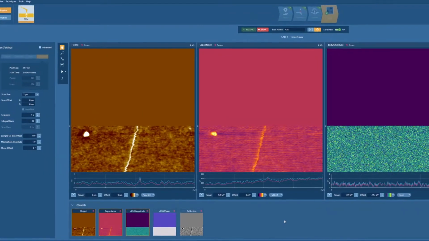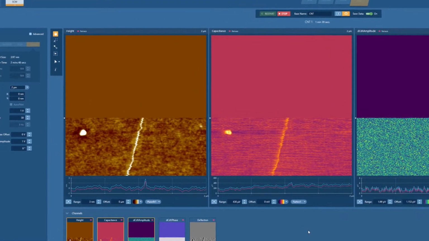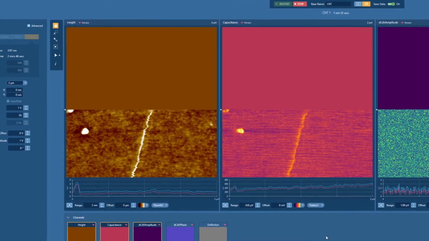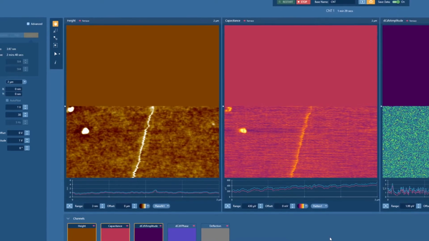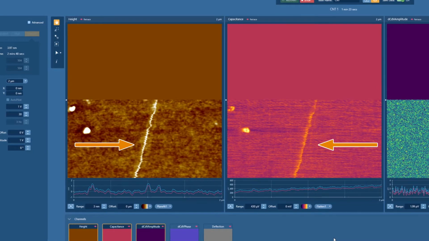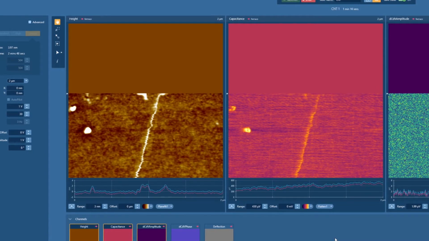The ultra-high sensitivity SCM module enables not only capacitance resolution down to 1 attofarad, but also enables probing of metals, insulators, and nonlinear materials outside the class of traditional semiconductor devices. Observe this carbon nanotube on an insulating substrate, demonstrating lateral resolution of 25 nanometers, data that would not be possible